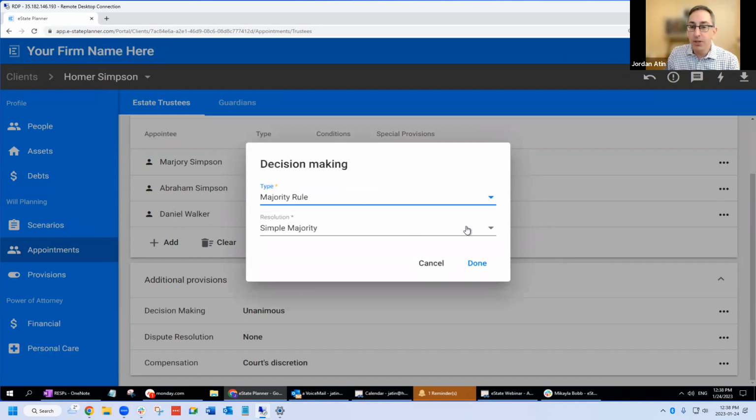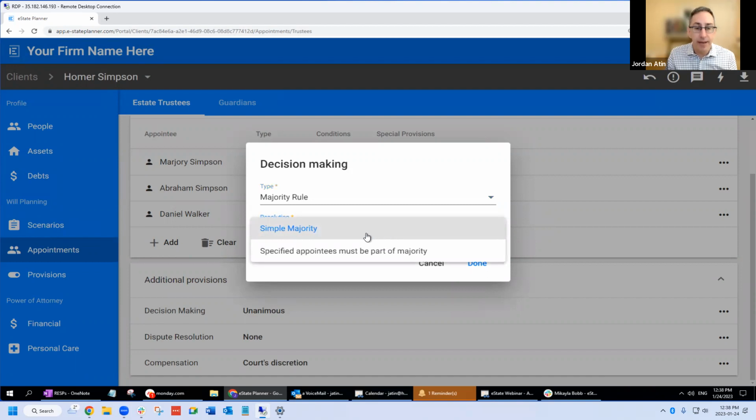So let's talk about majority rule. If the client says, yes, I want to appoint these three people and I want a majority rule, that's fine. We give two more options. So we could have a simple majority. That means any two, in this case, any two, because it's two out of three, any majority, any people can